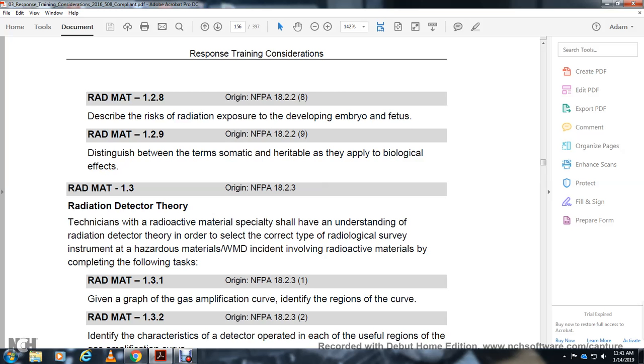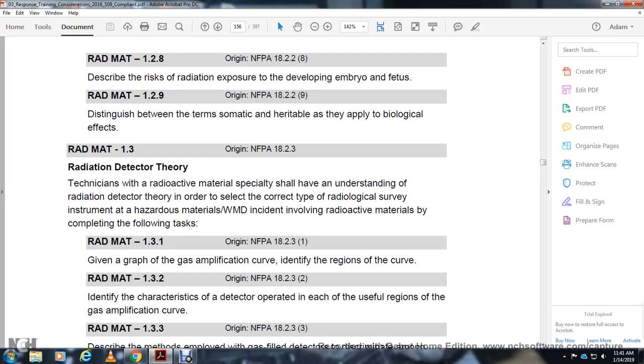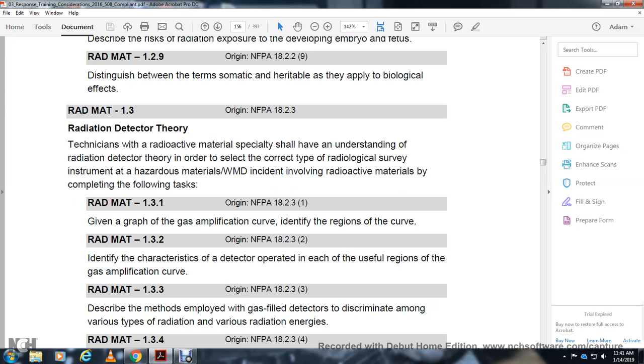Radiation detector theory. The technician with the radioactive material specialty should have an understanding of radiation detector theory in order to select the correct type of radioactive survey instrument for any incident involving radioactive material, completing the following tasks. Given the graph of the gas amplification curve, identify the region of the curve in which detectors operate. Cover the methods employed with gas-filled detectors for discriminating among the various types of radiation